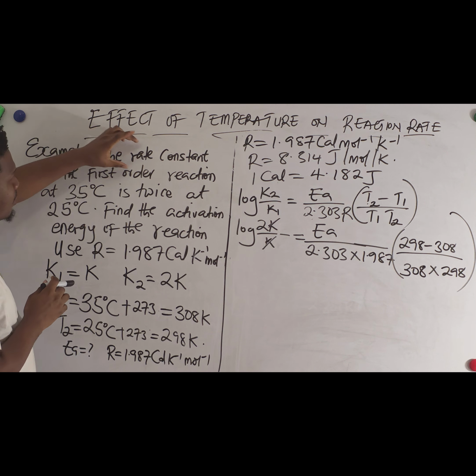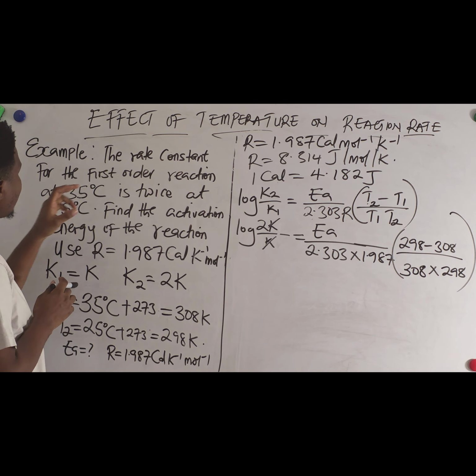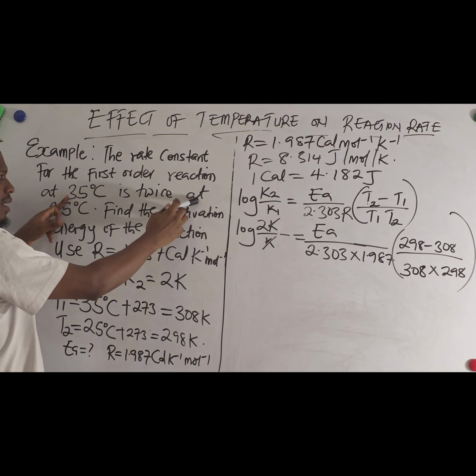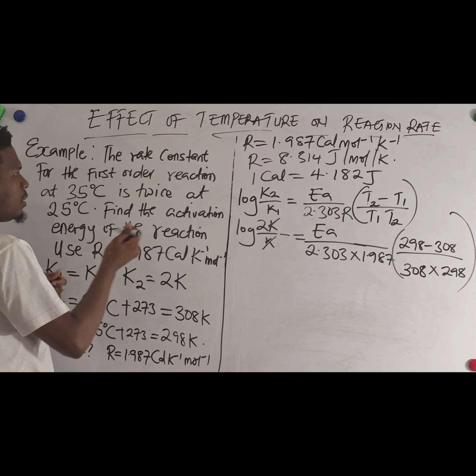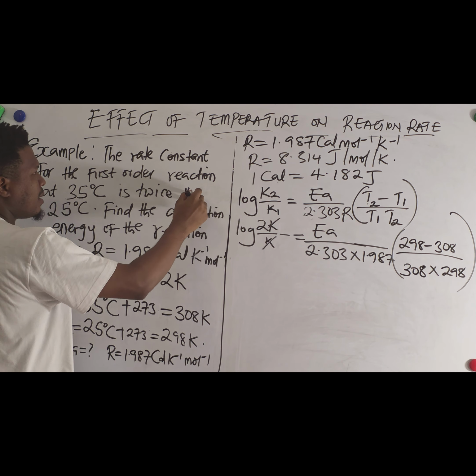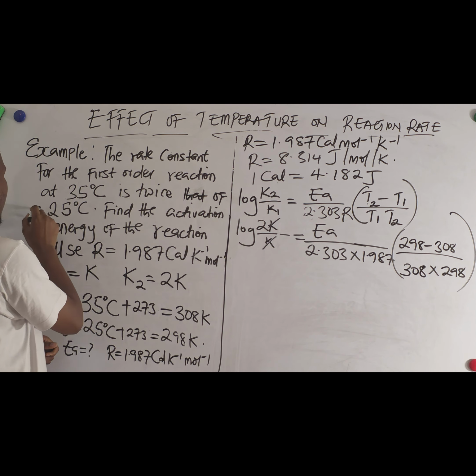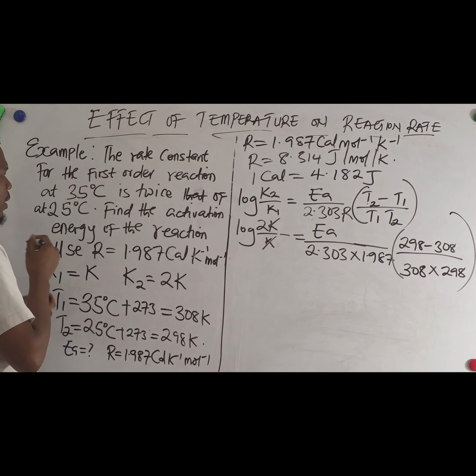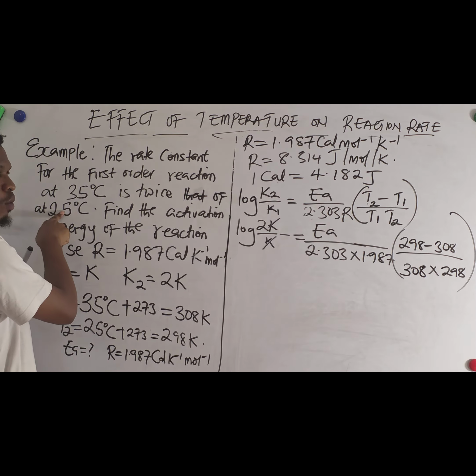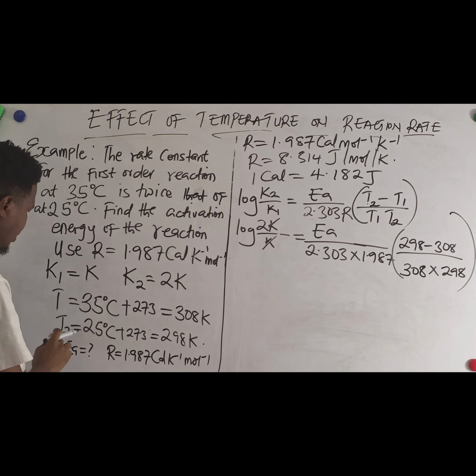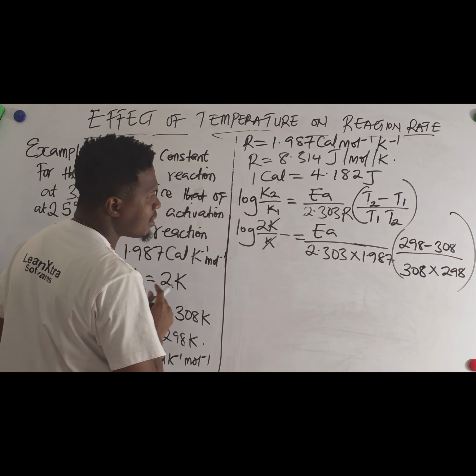So they say the rate constant for the first order reaction at 35 degrees C is twice that of at 25 degrees. There's a mistake here: it's twice that of at 25 degrees, okay? So meaning that this is T1, this is T2. So T1 is this, I'll change it. So this is T2, this is T1. So take note of the correction so that we'll have